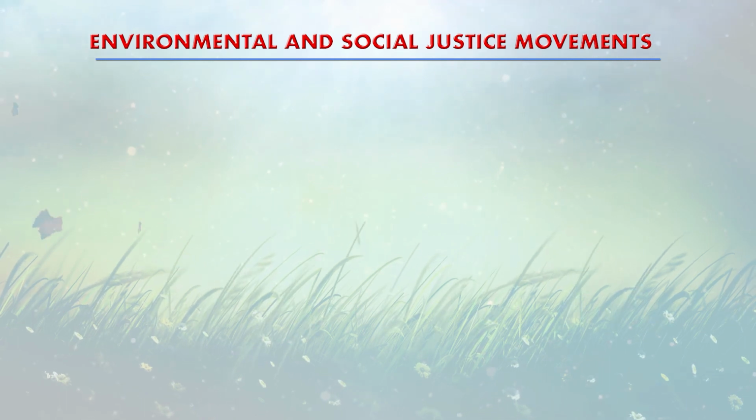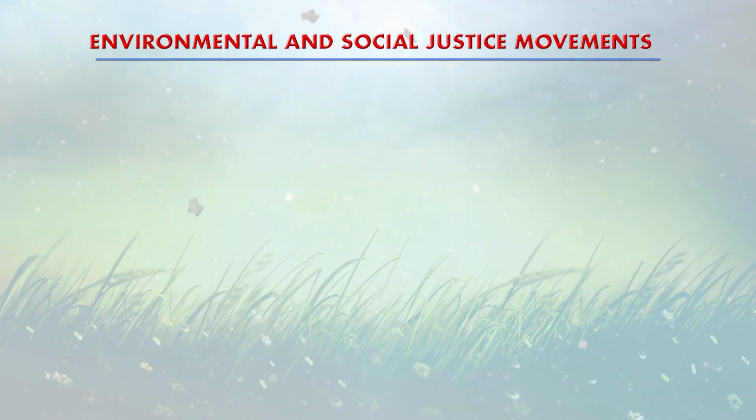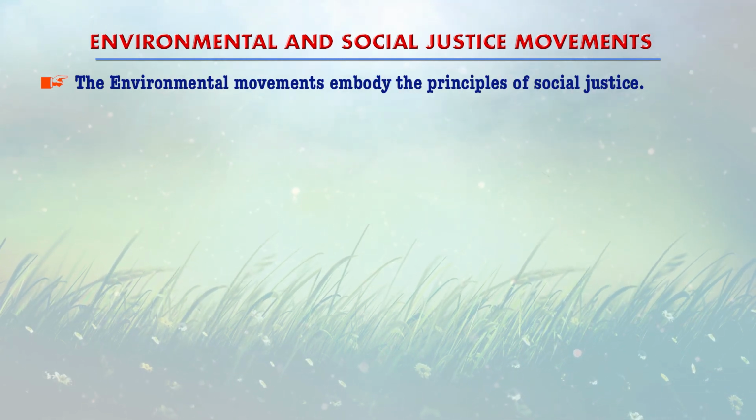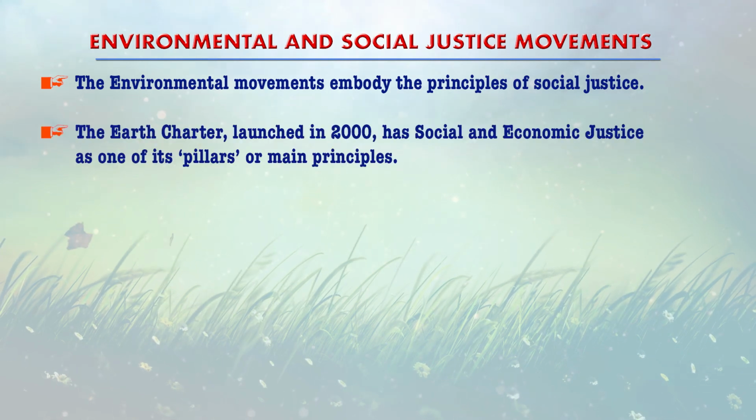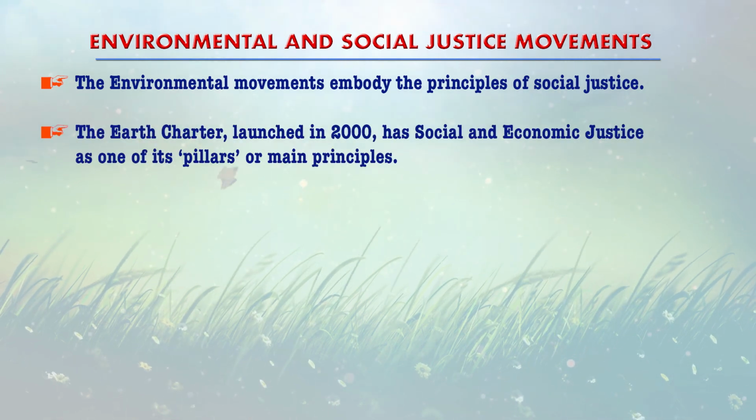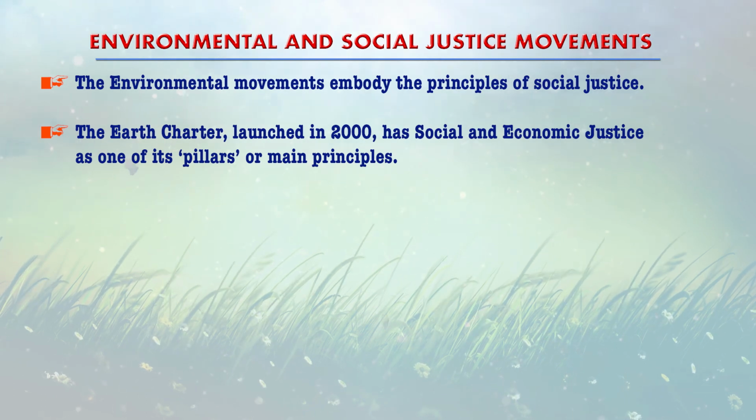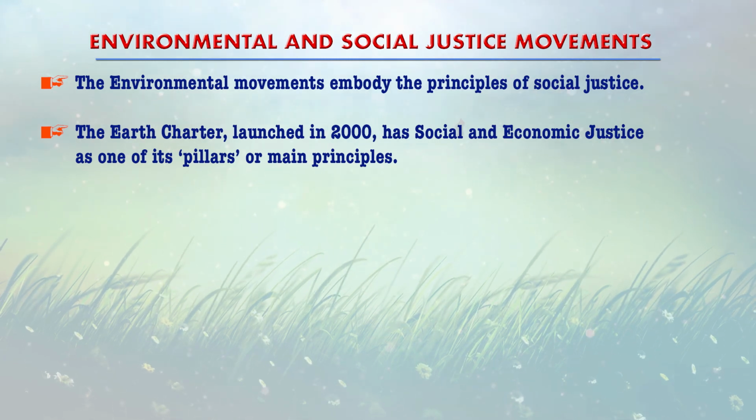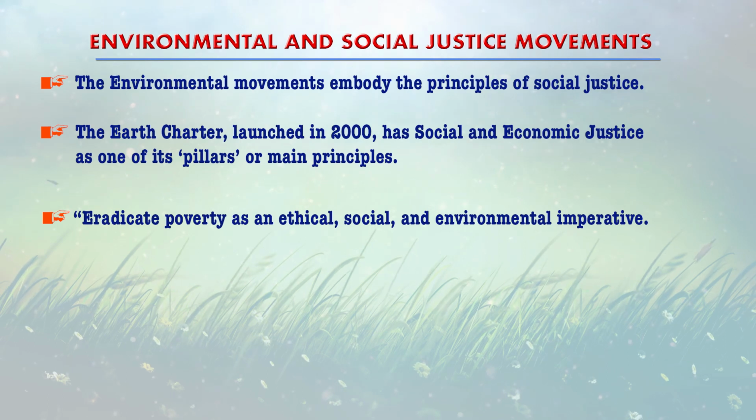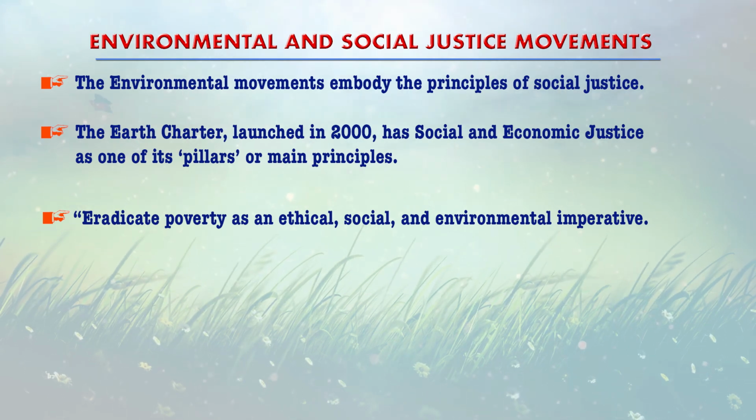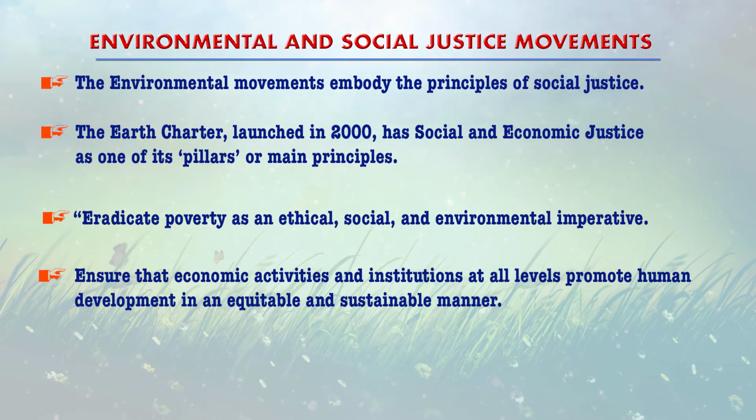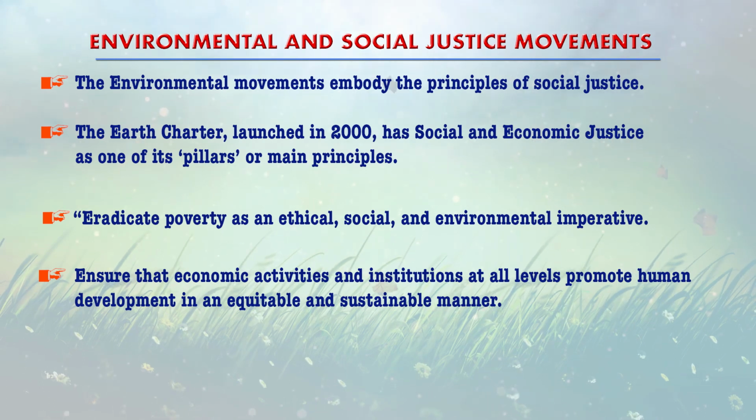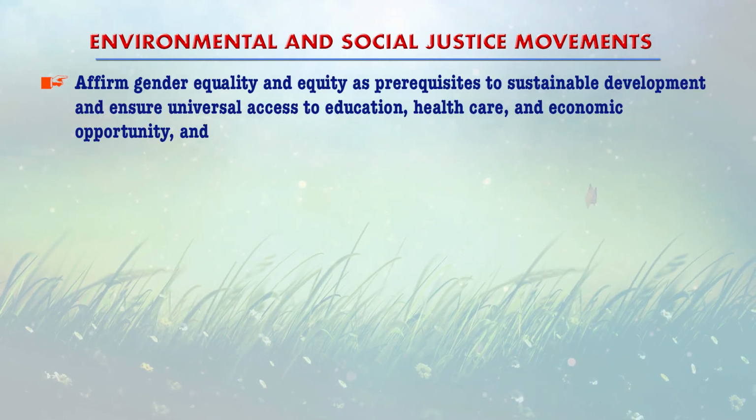Let's now talk in more detail about environmental and social justice movements. As we have indicated, the environmental movements embody the principles of social justice. The Earth Charter, launched in 2000, has social and economic justice as one of its pillars or main principles. And I'm quoting from there, it speaks about eradicating poverty as an ethical, social, and environmental imperative to ensure that economic activities and institutions at all levels promote human development in an equitable and sustainable manner,